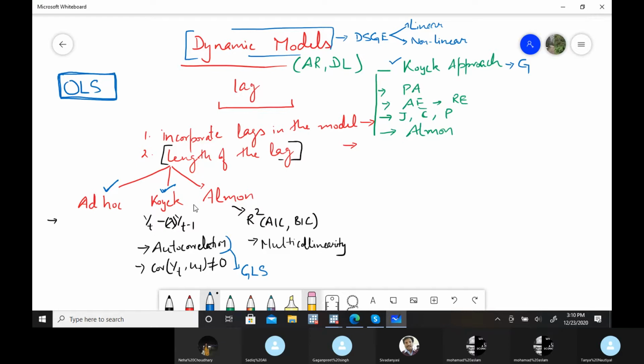Now I hope you are all aware of what we are actually doing here in dynamic models. So far, this is not in the syllabus, I'm not covering it in this part, except for these two models that we are doing currently, these basic models in the dynamic process. Does anyone have doubts in ad hoc estimation, in the Koyck approach, in incorporating the length of the lag, and in how we incorporate lags in the model, like this geometric decline model? Anyone, any doubt?